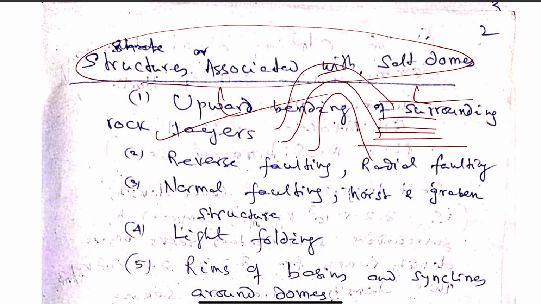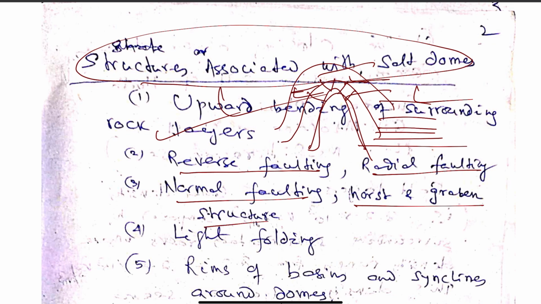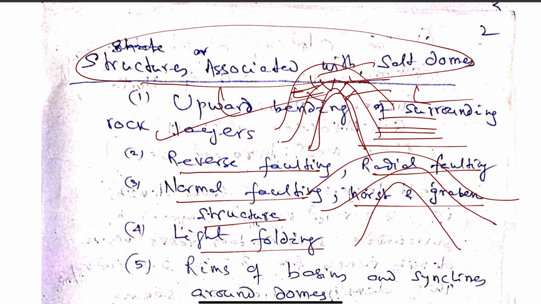and in this condition, if the rock is pushing like this, so these sedimentary layers occurring over this intruding salt body are subjected to tension, fracturing, folding, shearing. So we find reverse faults, radial faults, normal faults, horst and graben structure on the overlying rock formations. It may lead to light folding,